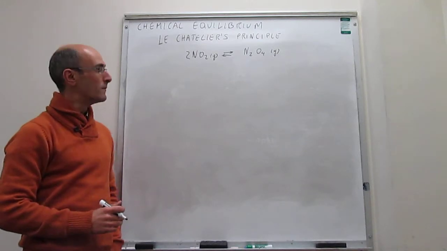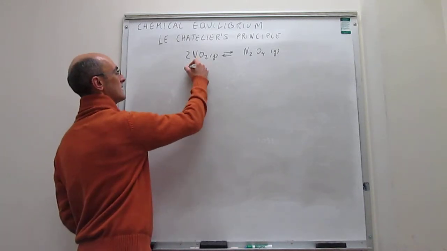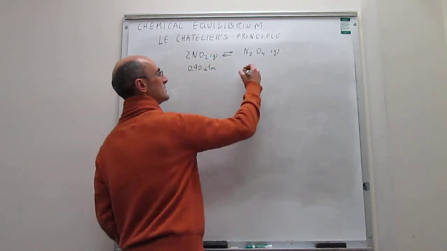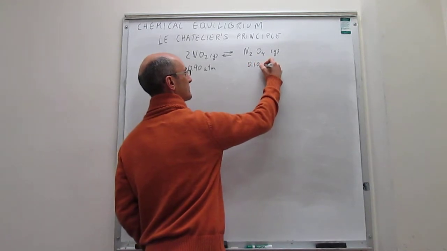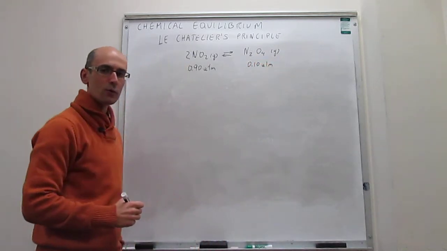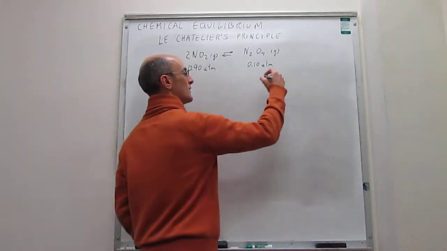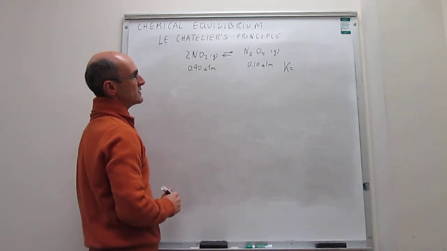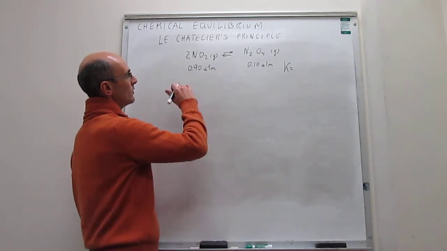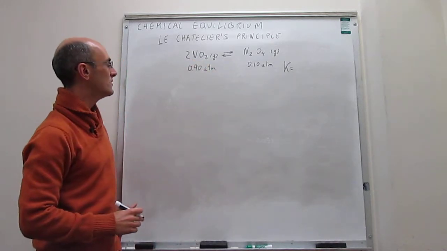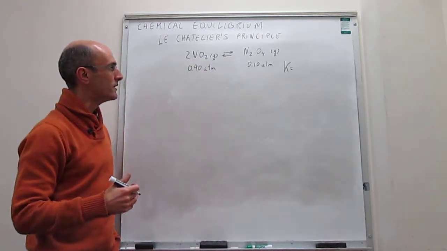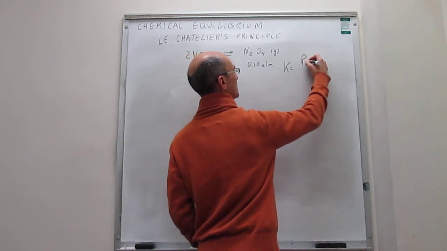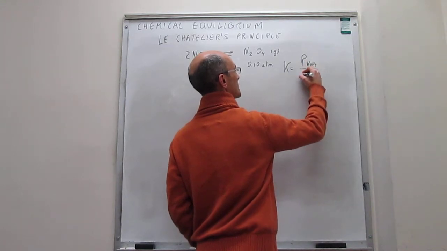Now, at equilibrium, at a particular temperature, we can say that the pressures at equilibrium would be 0.90 atmospheres and then 0.10 atmospheres. And from here, we can go off and calculate what the equilibrium constant would be. That equilibrium constant is going to be the pressure of products divided over the reference pressure, which will be at 1 atmosphere, and then all of that is divided by the pressure of NO2 divided over the reference pressure, and then squared. So in the short form, this is simply going to be the partial pressure of N2O4 over the partial pressure of